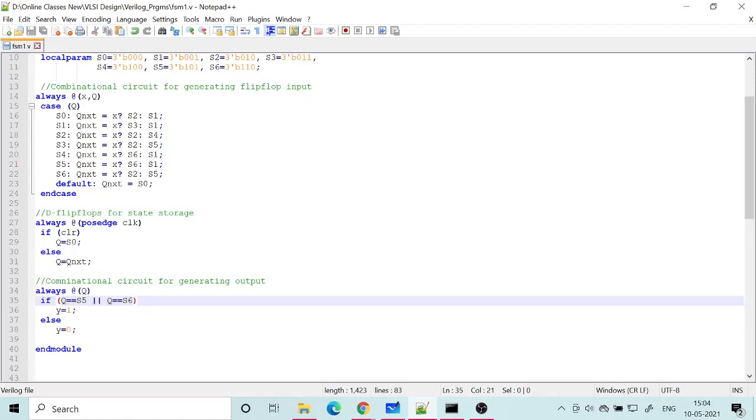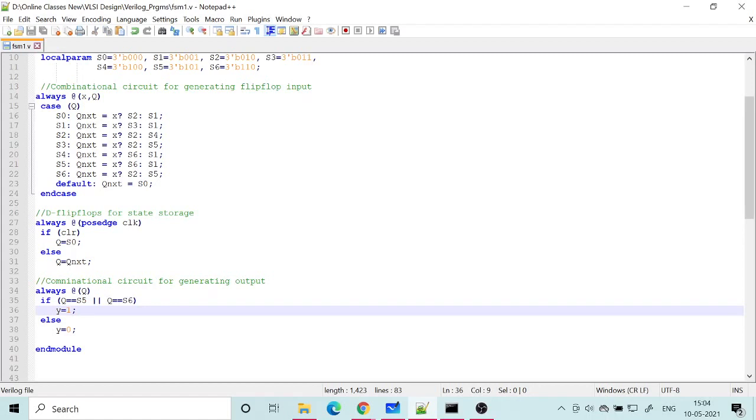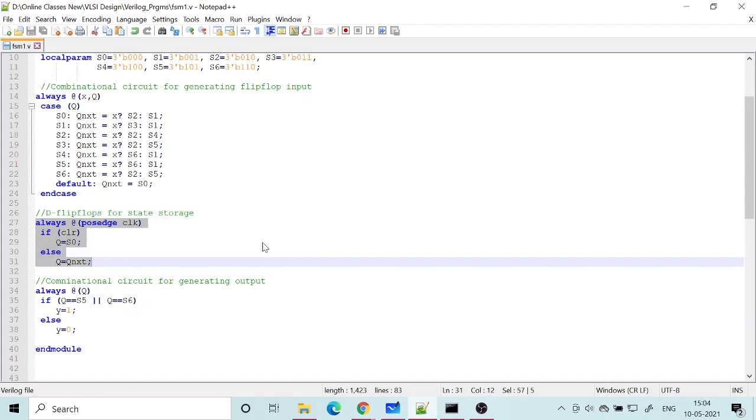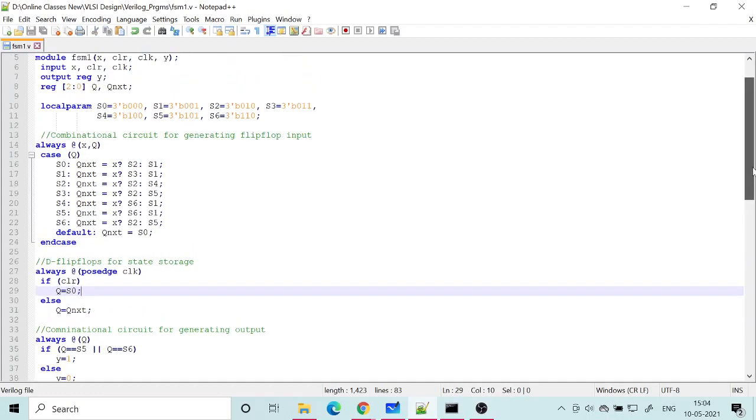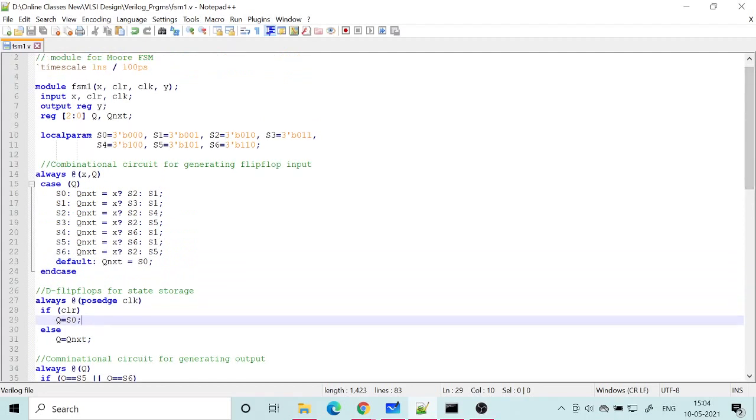Here this is the logic OR, Boolean operation, and this is a 3-bit sequence. We are checking whether it is equal or not. When any of these are equal, then only we want Y. If 3 sequences need to be detected, then we need to draw a separate state diagram again, and here there will be ORing of 3 cases. And this is basically a register updation, which you are also familiar with. The only part you need to familiarize yourself with is the combinational circuit part.